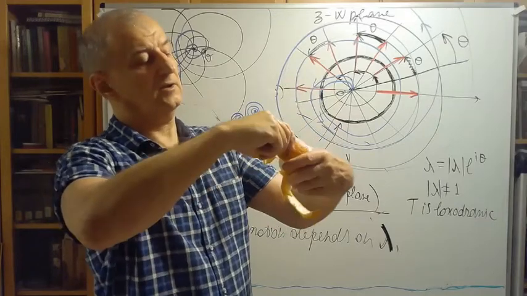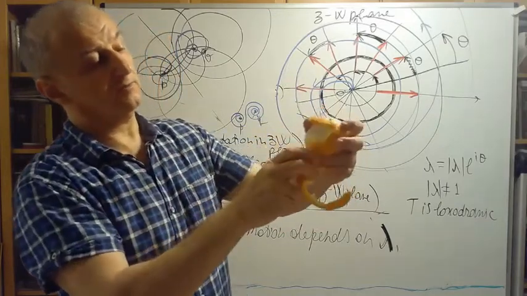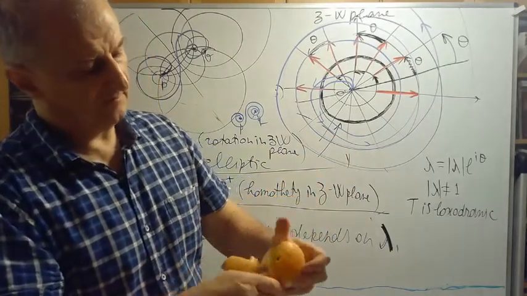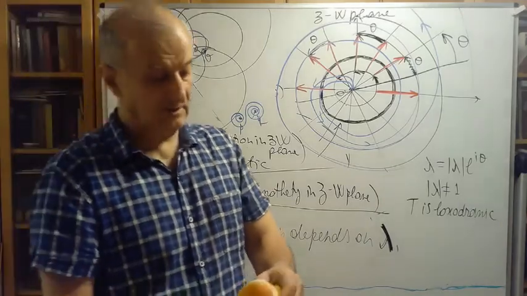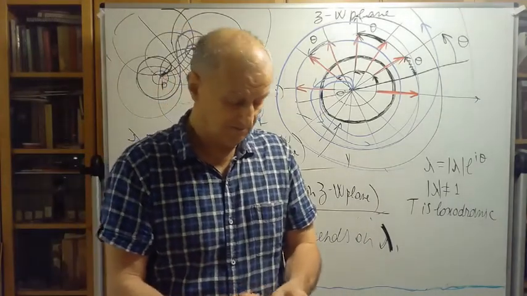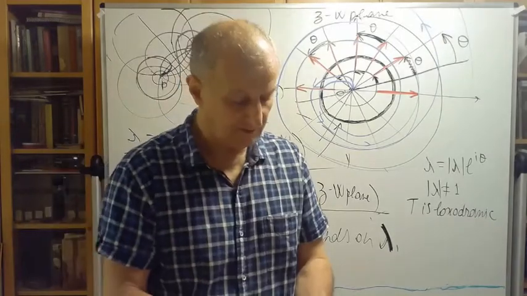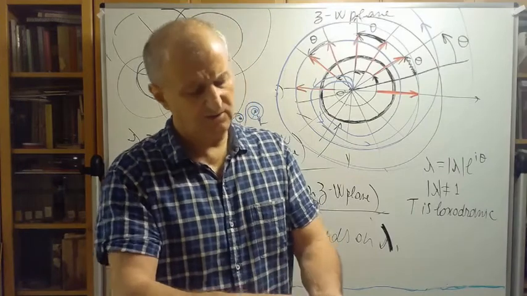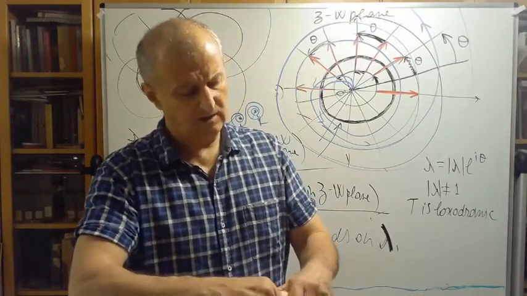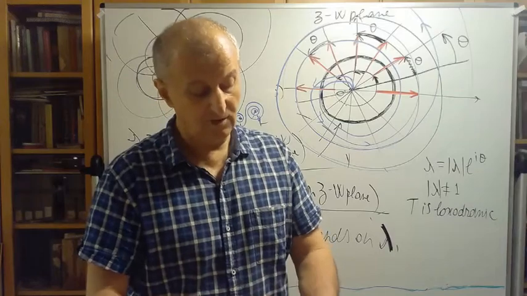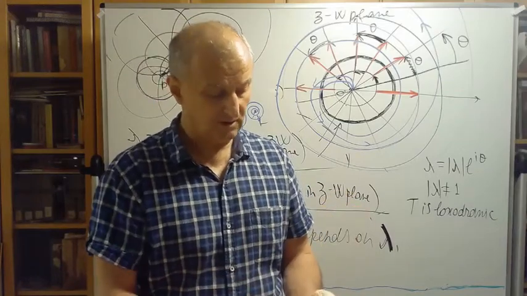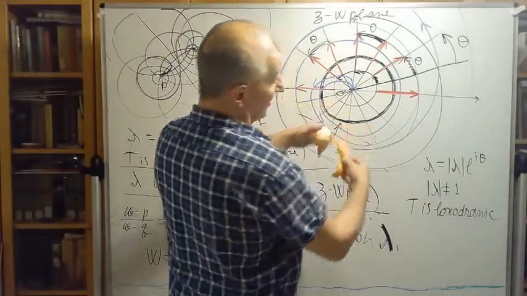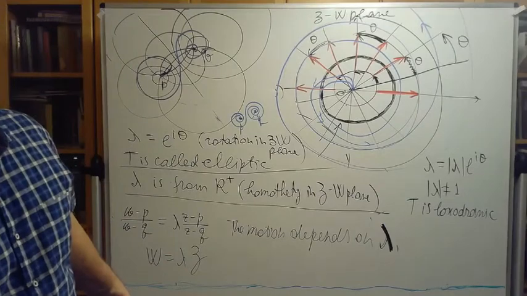And eventually you will arrive here at the North Pole. And if you remove all of this peel, and you can, I think I have to make a better model with a softer orange, with softer skin, because this one is really very hard. And then you would see that what you have removed from the orange can be flattened down on a surface, and you will get